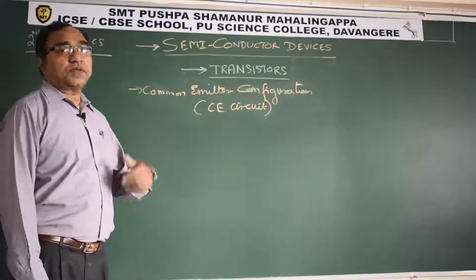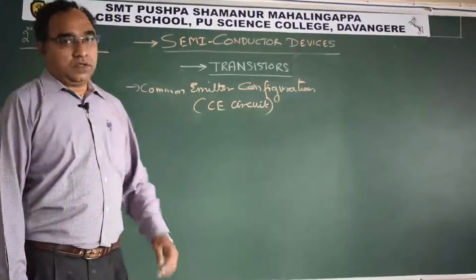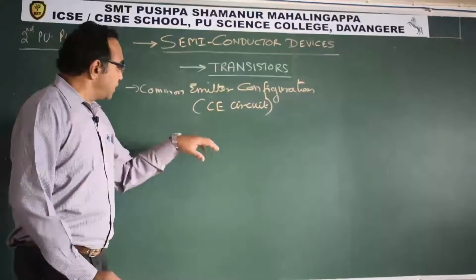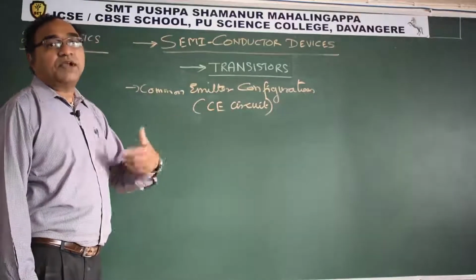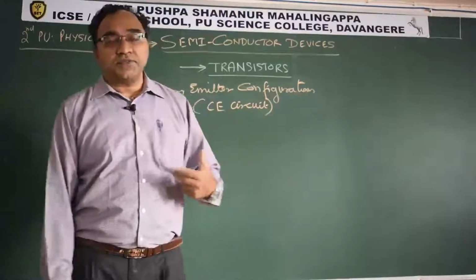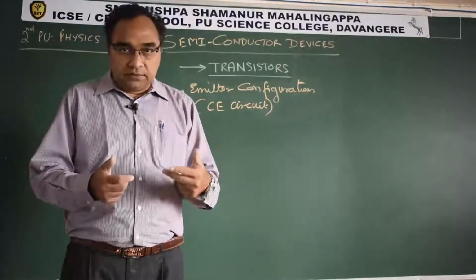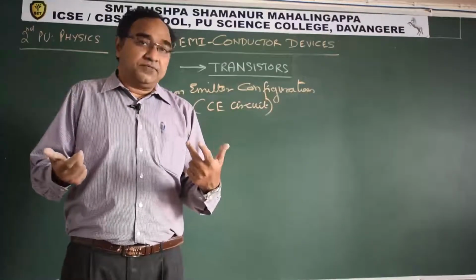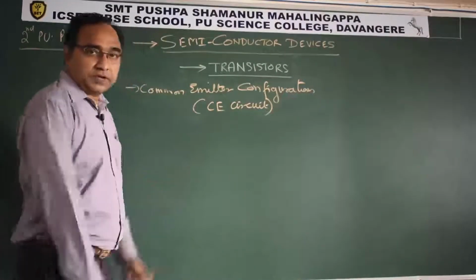Today we are going to discuss the next configuration that is available in transistor. Just a recap of what we did in the previous class. We discussed the common base configuration. We discussed that in a transistor there are 3 terminals, and we also discussed how to feed input, which has 2 wires, and output, which has 2 wires, while the transistor has 3 wires, 3 terminals. So we said that one of them has to be made common. This was our approach, correct?